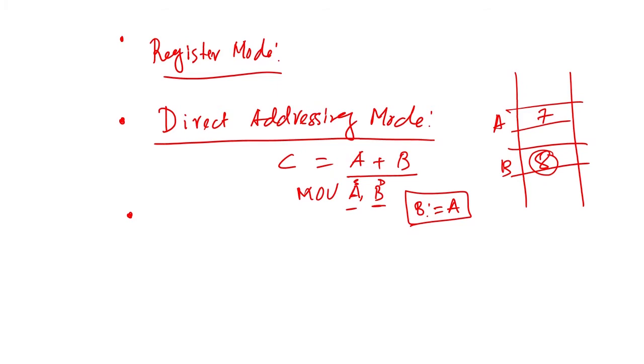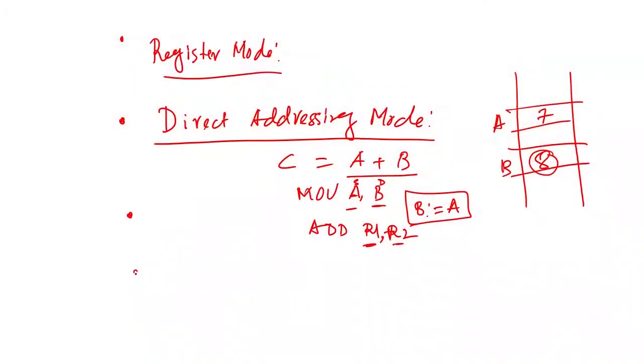Here also, one of the operands can be in the register. So, we can write, let us say, add R1 R2, that is, both are in registers containing the values. If you go directly to the register, you get it added. So, this is something called direct addressing mode. Now, the important thing next is called indirect.